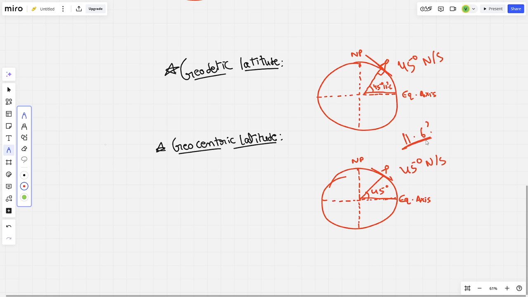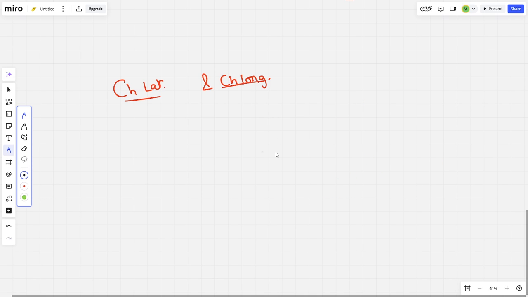Now, because this difference is so minute and negligible, we do not consider it at all. That's why we use only geocentric for our calculations and not geodetic, because the difference is so minor due to the compression ratio being only 0.3% as discussed earlier. So moving on to the numericals of basic navigation, one very basic type of numerical is finding out the difference